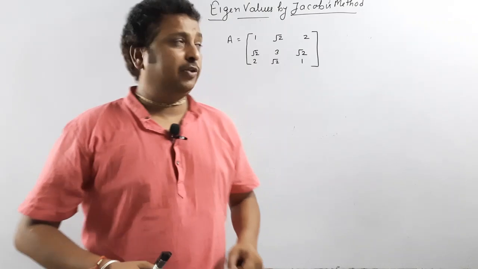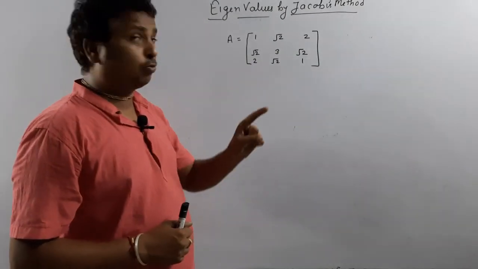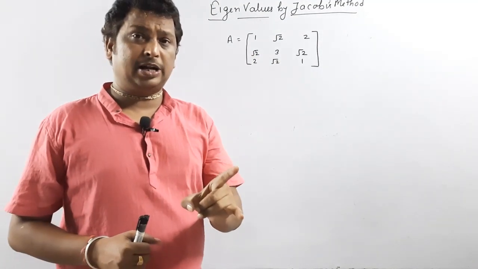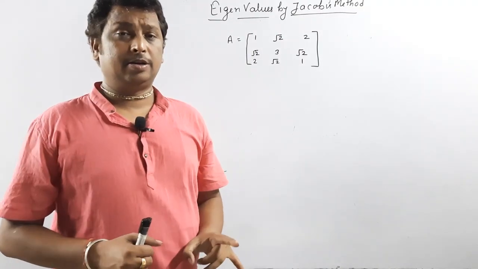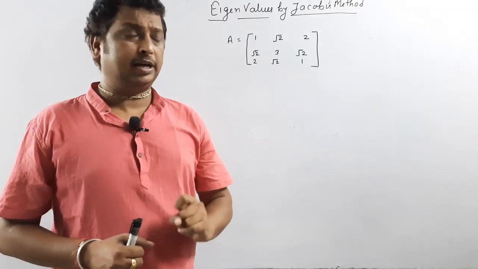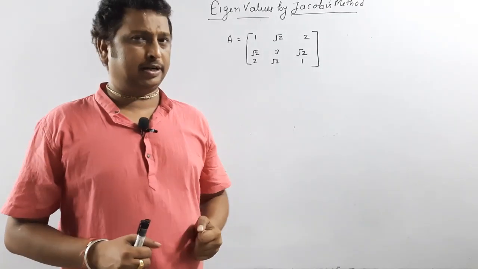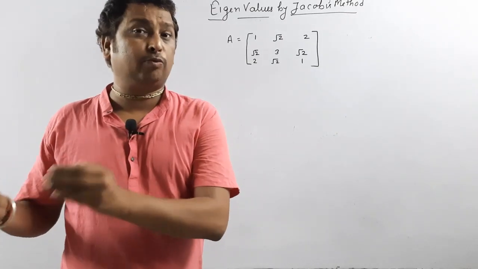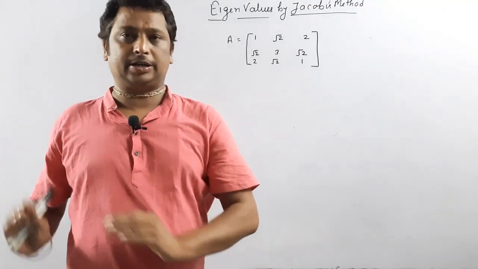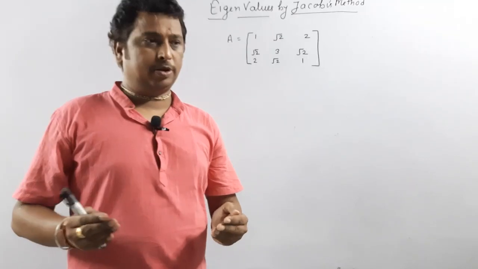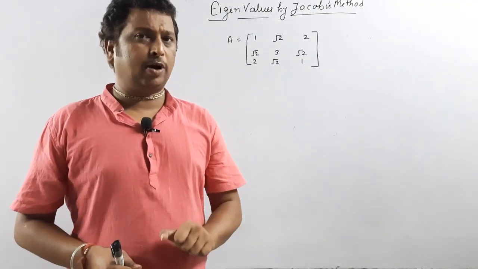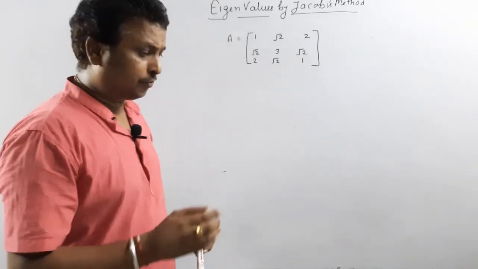Today I am going to explain a very important method, which is how we calculate eigenvalues by Jacobi's method. In the previous lecture I explained how we calculate eigenvalues by the power method, that is an iteration method, and Jacobi's method is an exact method. Means exactly we can calculate what the eigenvalues of a given matrix are and what the corresponding eigenvectors are. So I hope if you watch this video completely, you will understand everything required for Jacobi's method.